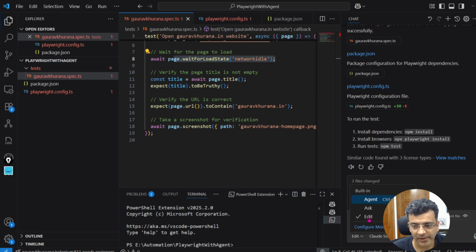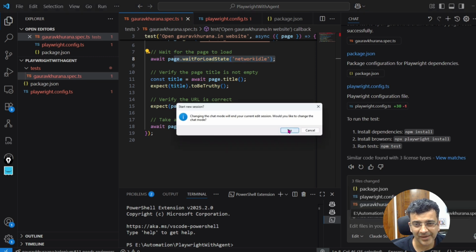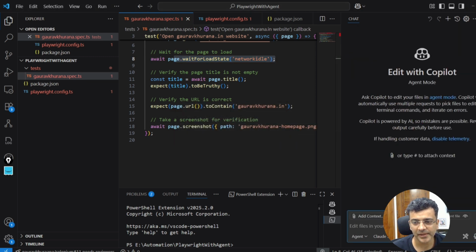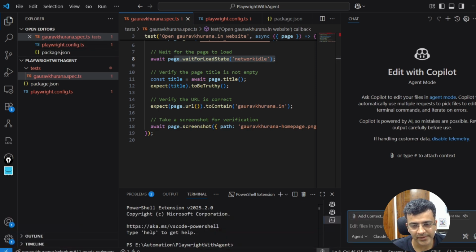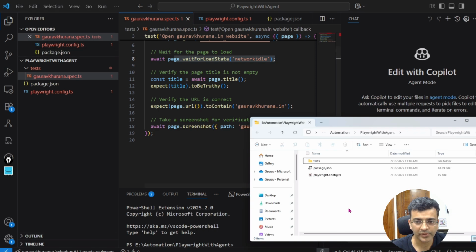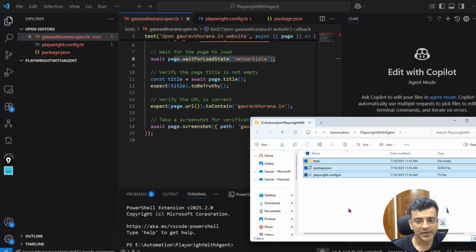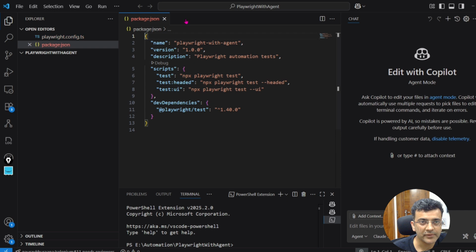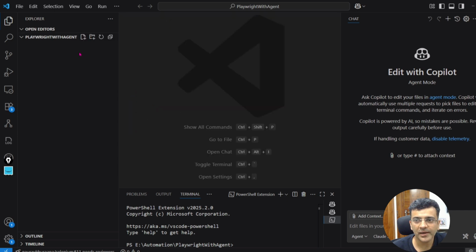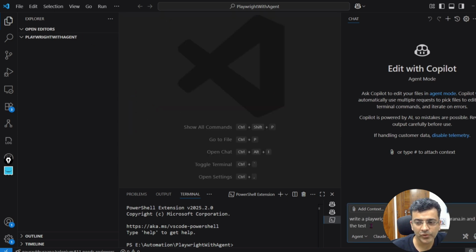So let me go to the agent mode. I'll come to it, I'll explain what it is. And let me clean off this folder, so that I think everything should be from scratch. So I have deleted all these things, and let me close also so that they vanish from here. Now we are again blank, and I'll ask the same question to agent mode.